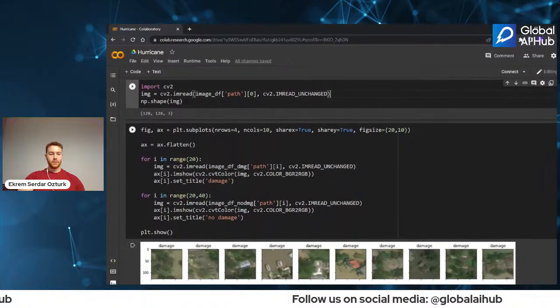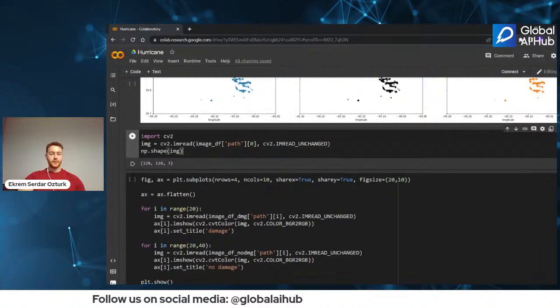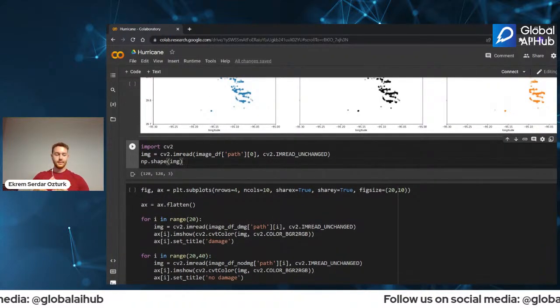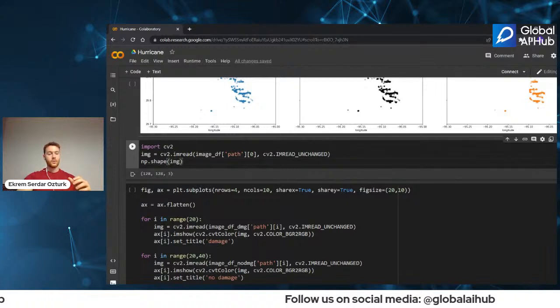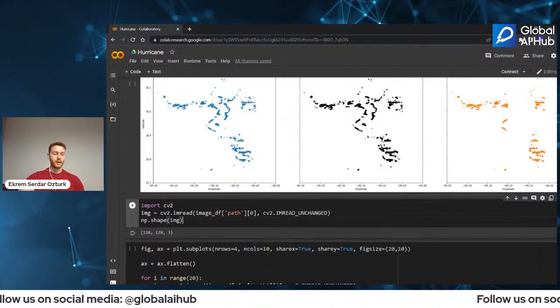All right, so before let's begin. We import CV2. CV2 is a computer vision library. So first we read the image by using our path in the image data frame, and we take the shape of it.